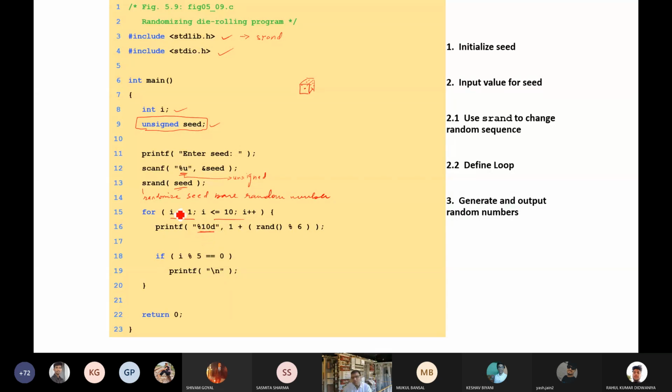What is %10? Anyone? Is this a space from left to right or right to left? This is a format specifier, you know very well.